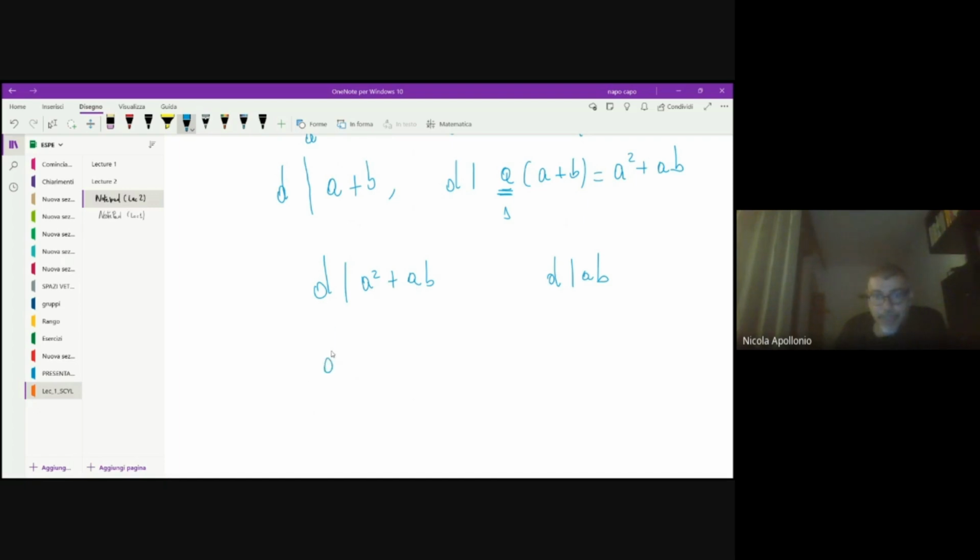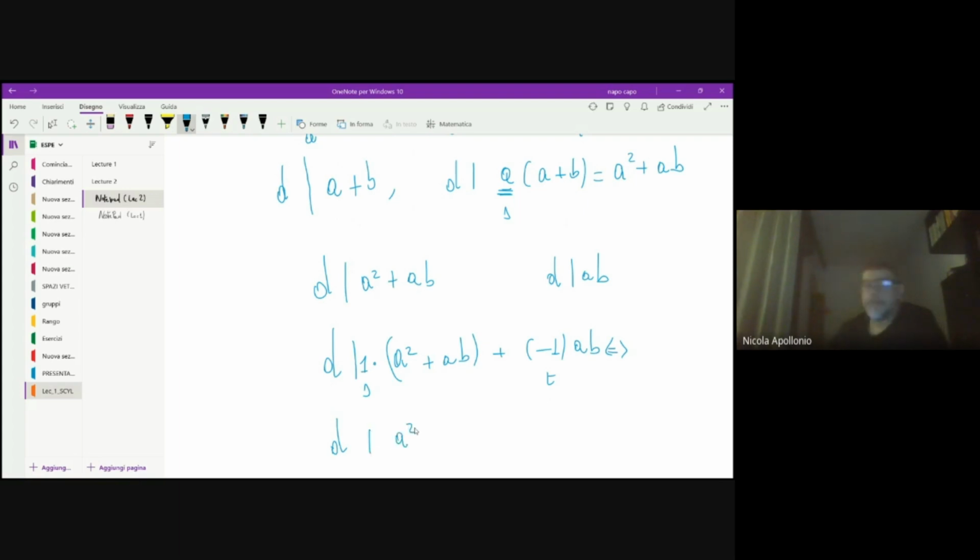So why not this combination? This is the first number, this is our S, this is our T, which means that D divides